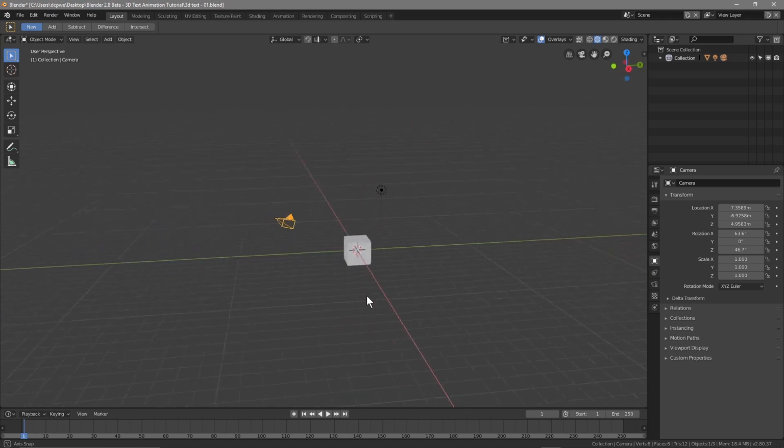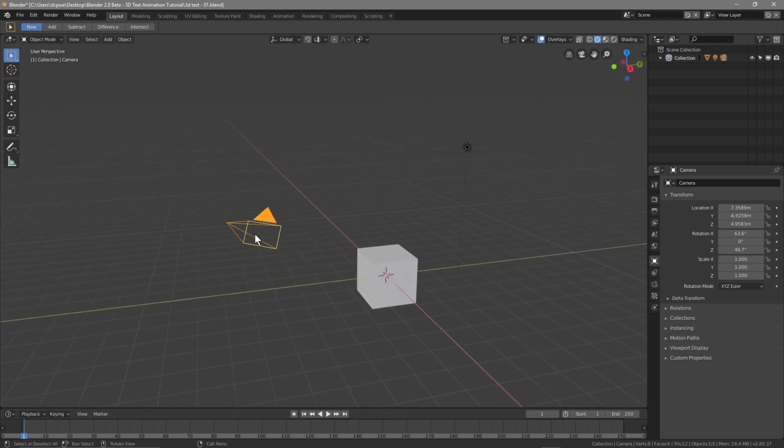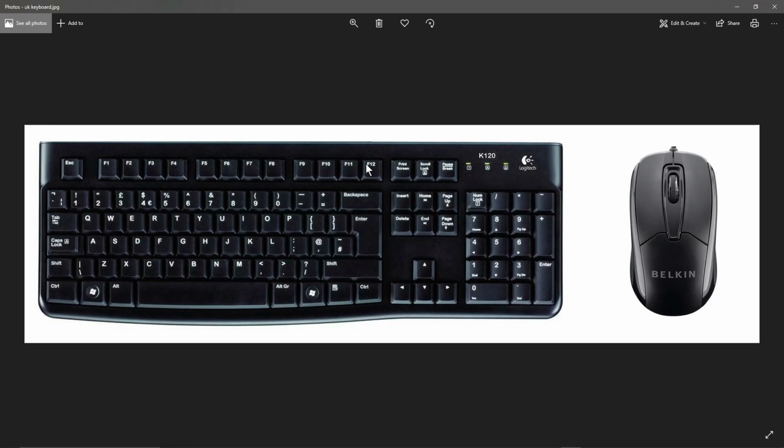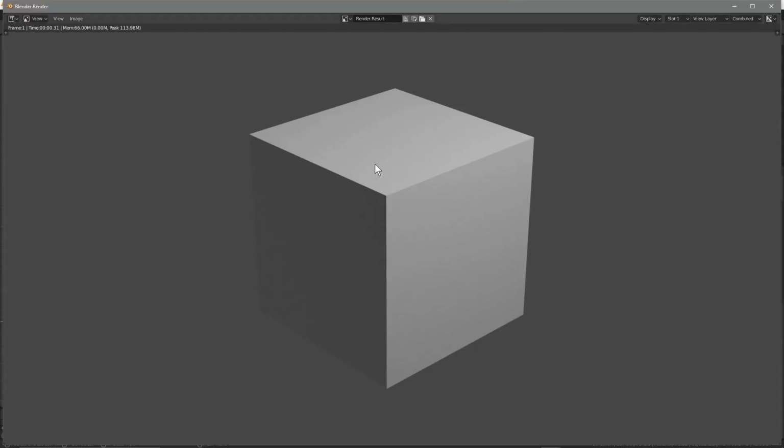So let's rotate around to sort of this angle. This is the original angle we started off with. The camera was here, the object was here, and the light source was here. Now let's render out our first image. So what we're going to do is hit the F12 key here. So let's press F12 on our keyboard, and this cube that's been rendered is one frame, we can say, or